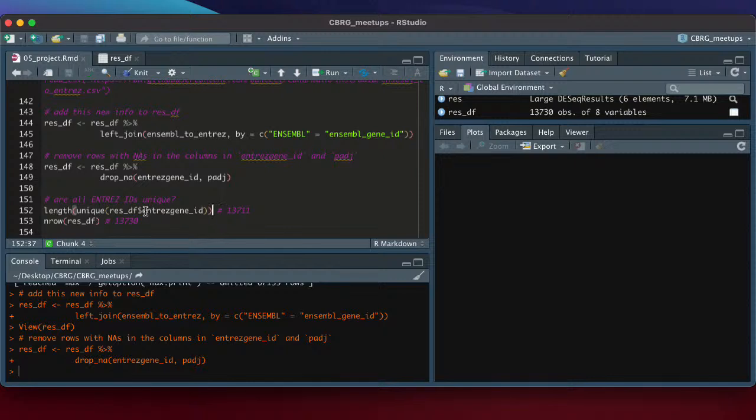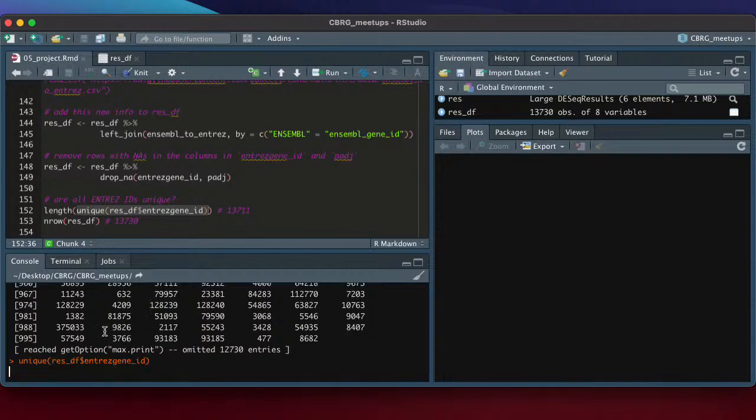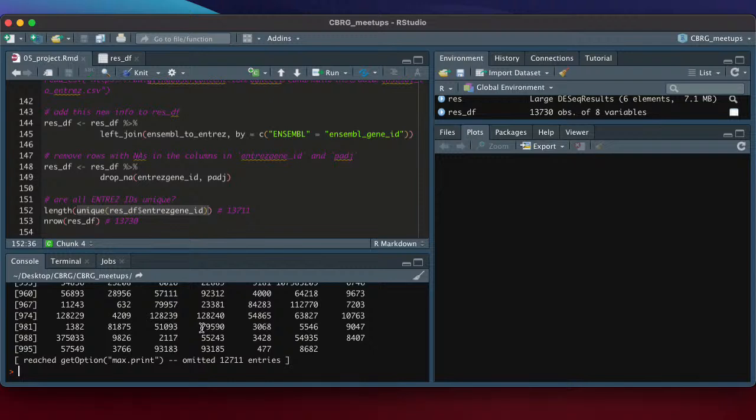So again, just like last week, if we work inside out to understand this, that can help. If we do resdf$entreeID, that's the innermost line, we just run that in the console. You can see it just gives me this list of entree IDs. Great. Now I can use that as input to this function called unique. What unique does is give me a very similar output, except unique will collapse any duplicates or triplicates into just one. So it gives me all the unique entree IDs in this case.